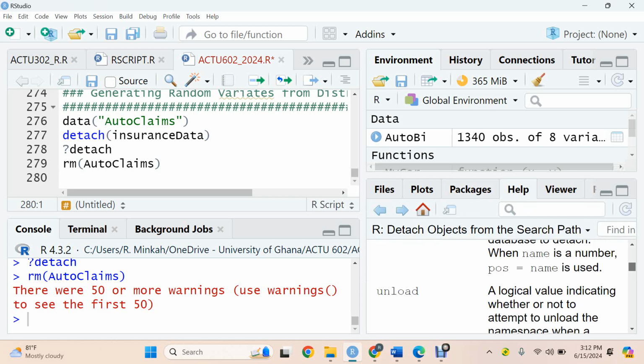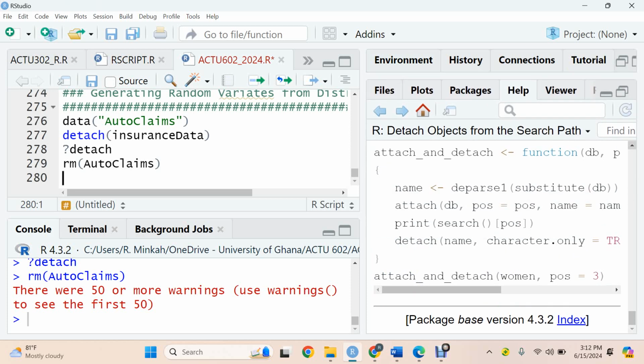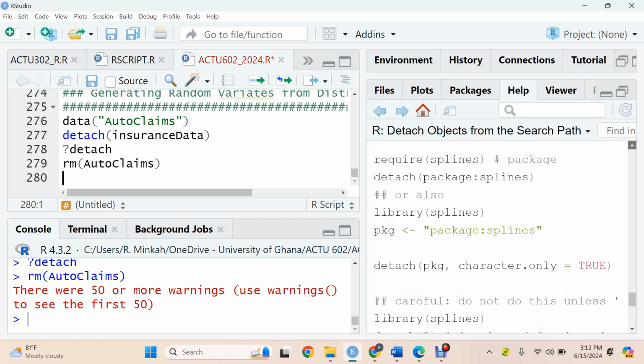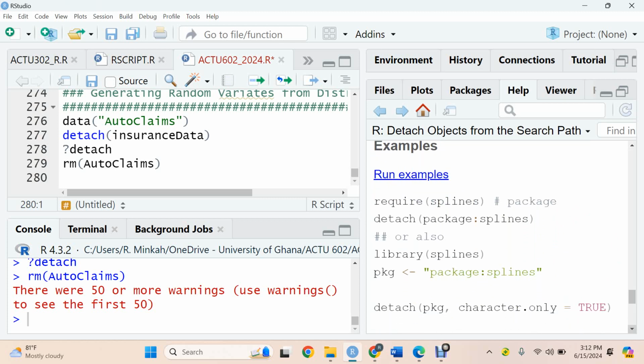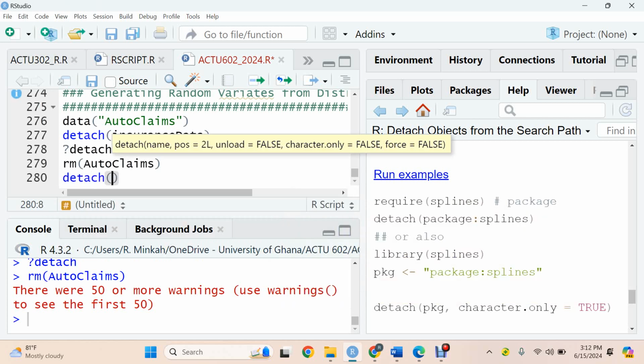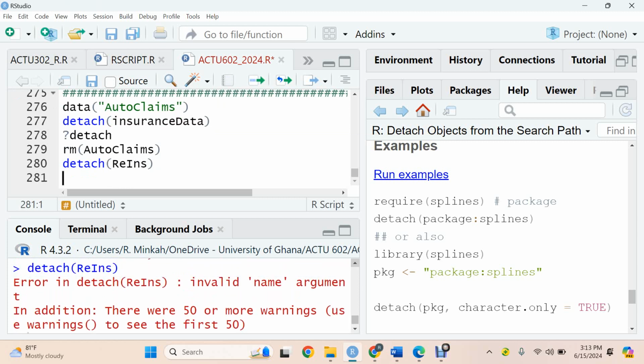So let's see. And also attach. Yeah, so you detach package line. So why is it not working? So detach, let's say range, this should work. Okay, maybe I need to,